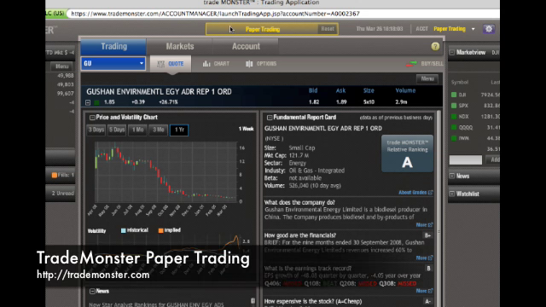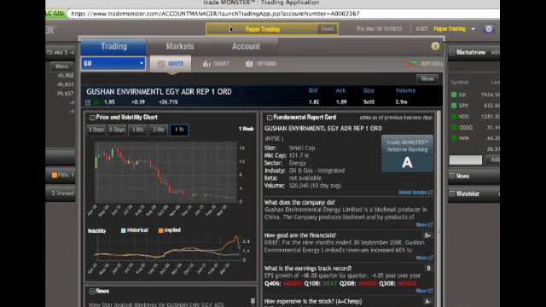Alright, today I'm going to quickly show you how to use TradeMonster's paper trading application. It's good for people who are new to stock trading, want to practice new methods, and don't need to risk any real money. So, you go to TradeMonster.com, create your account, it is free to set up, and once you log in, you'll